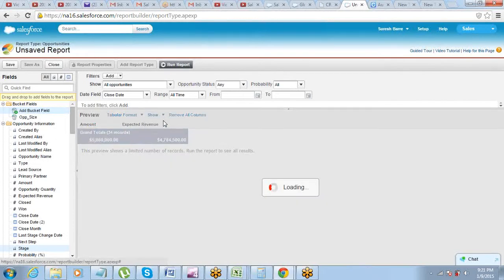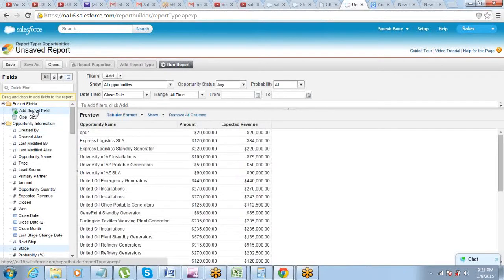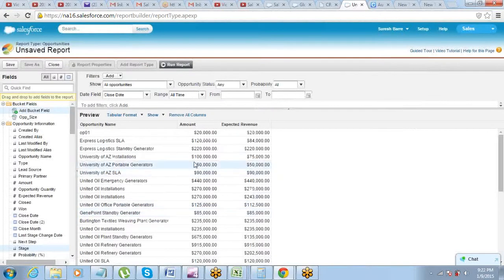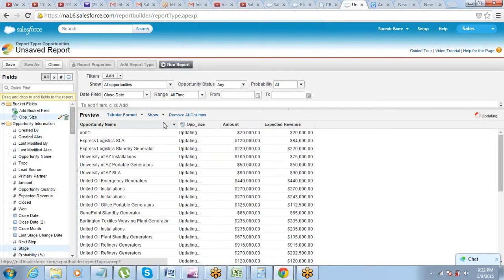Details also we have to show. Drag the bucket field, you will have the option of creating buckets, and the moment you have created buckets, you click on OK, the field will be created like this, of size. Now this is a bucket field. You can bring it from here anytime or remove it from here. Correct? So like op size is what we created, you can drag and bring it here anytime now.